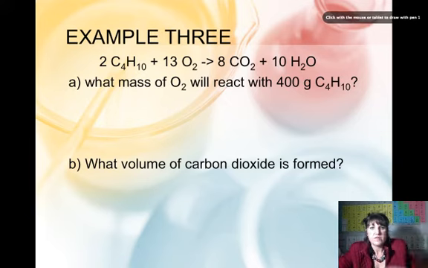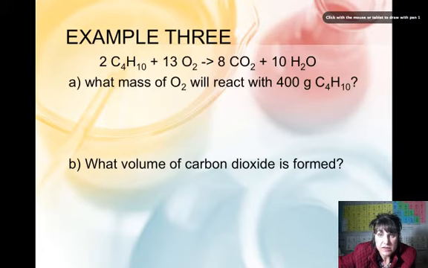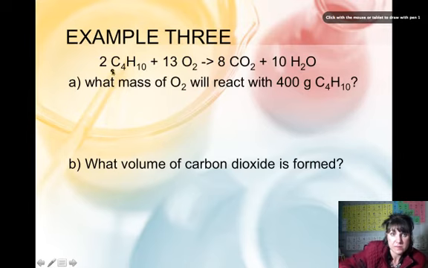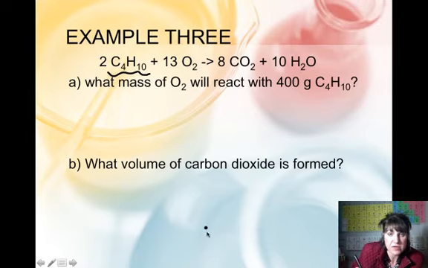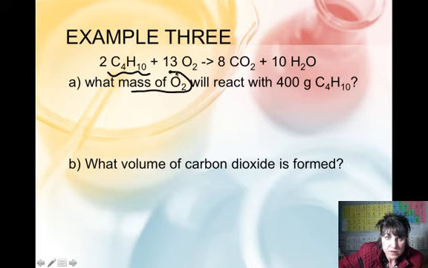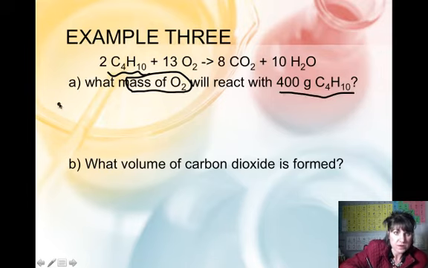This equation describes the combustion of butane, which means combining butane with oxygen to create carbon dioxide and water and heat and light. This is the stuff that's in your candle lighter we use to light the Bunsen burners. So it says what mass of oxygen, that's our target, will react with 400 grams of butane. So we're going to start with 400 grams of butane in our T table,